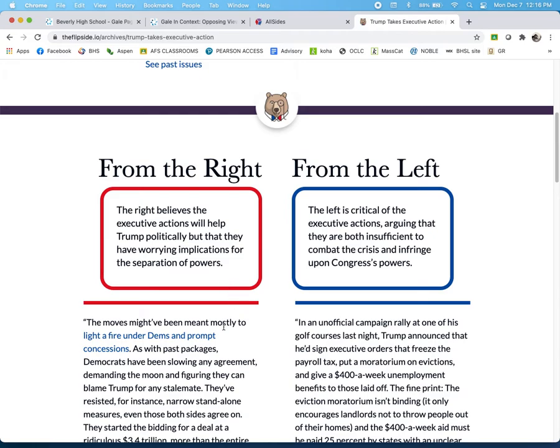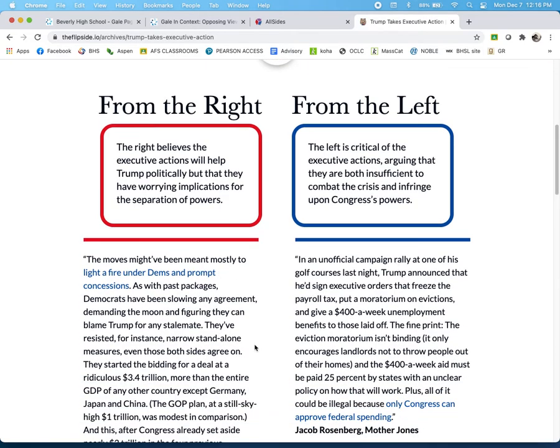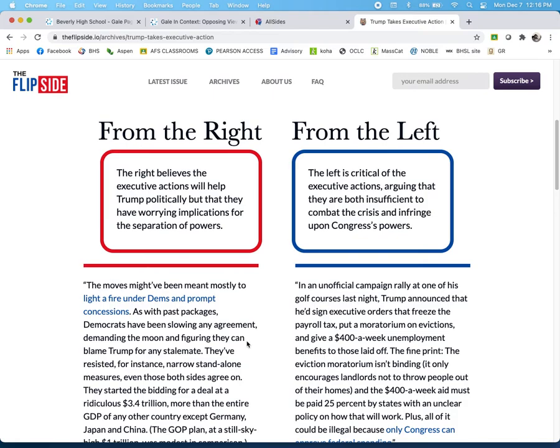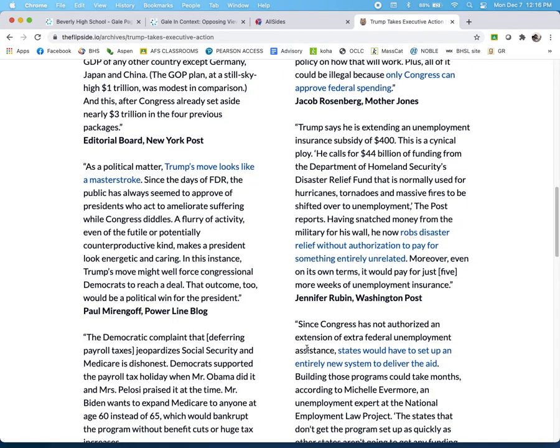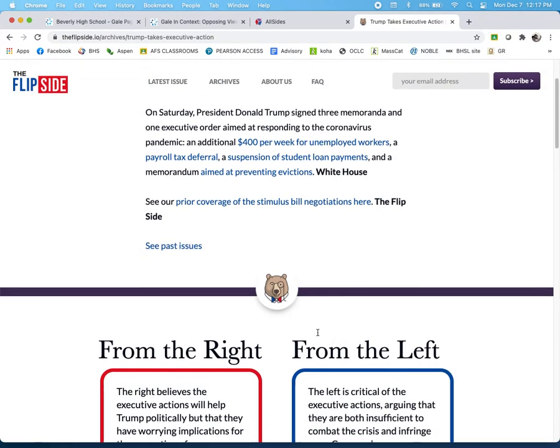And then here's what I like, is that it breaks it down visually. It's not gonna overwhelm you the way that All Sides can. So it gives you information, it tells you where it's from, and it tells you what the bias is. And this is created more for high school students. So anyway, those are 3 different ways that you can get information for this.